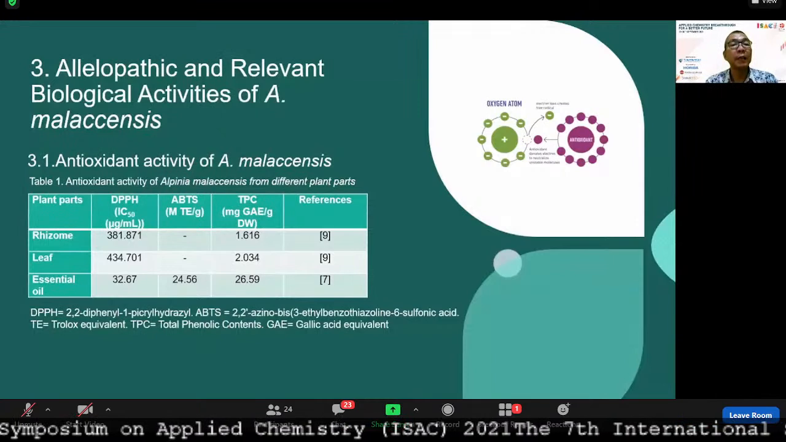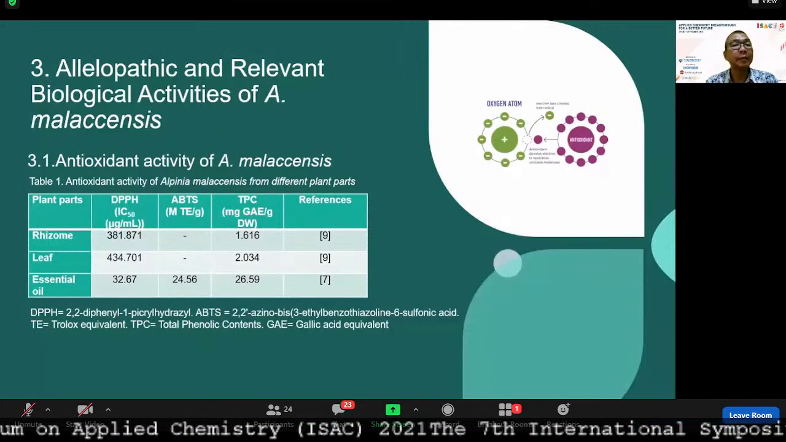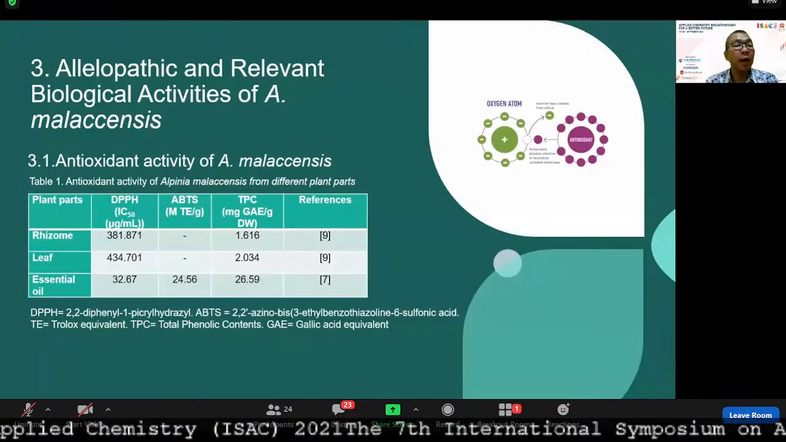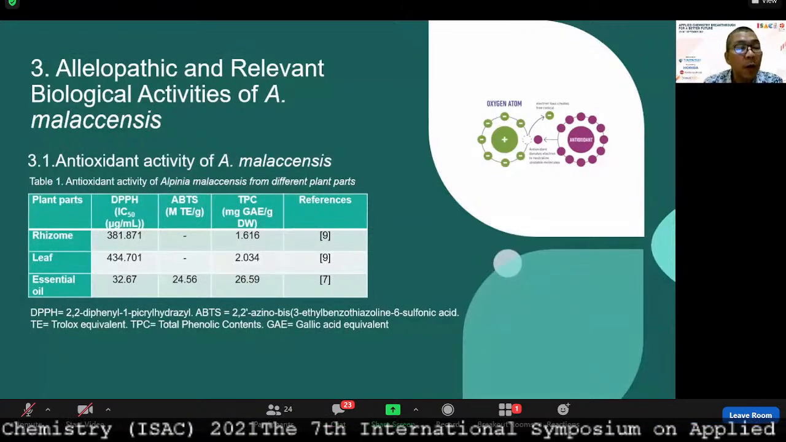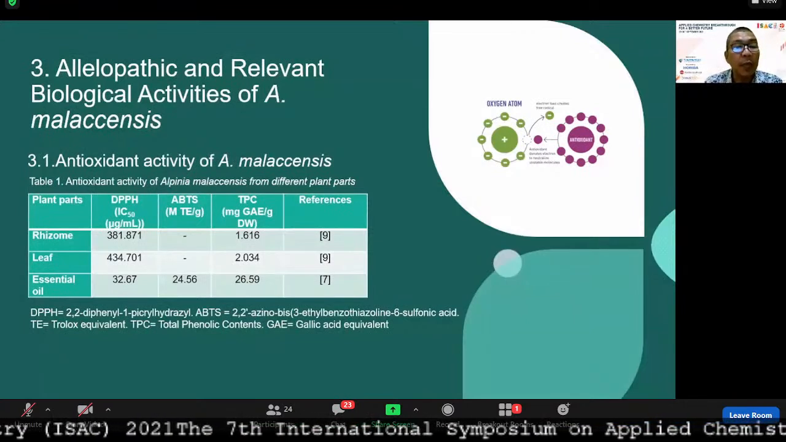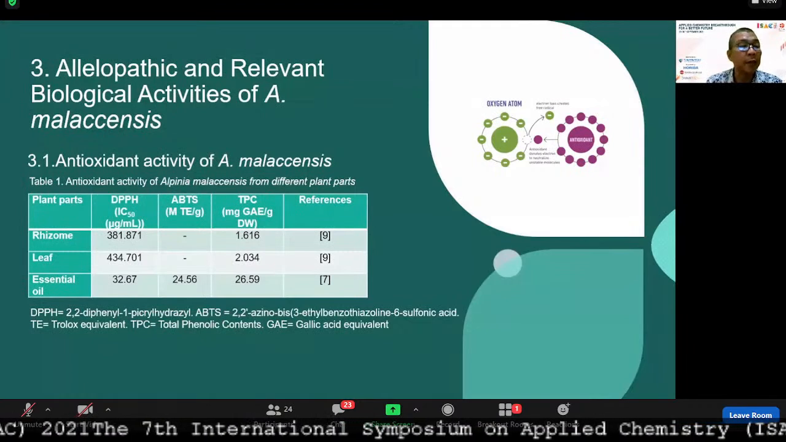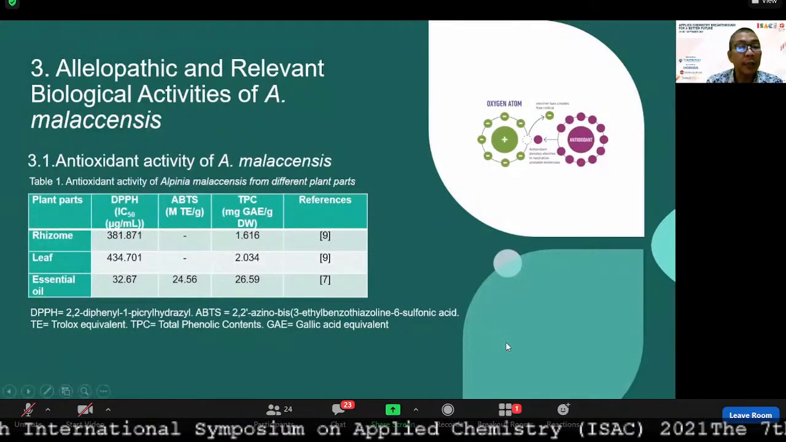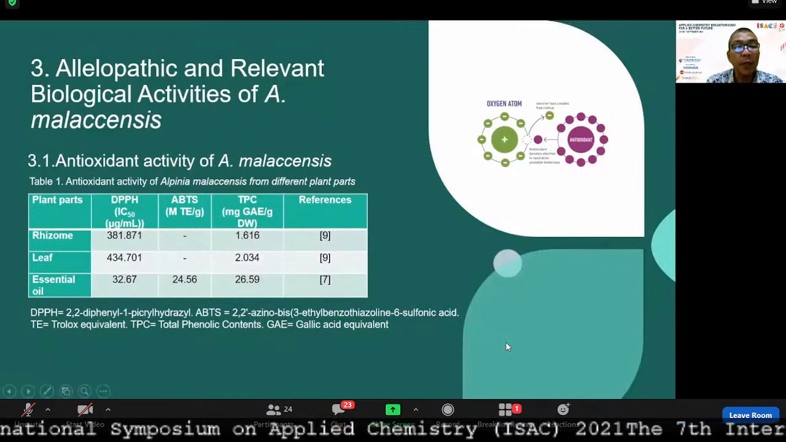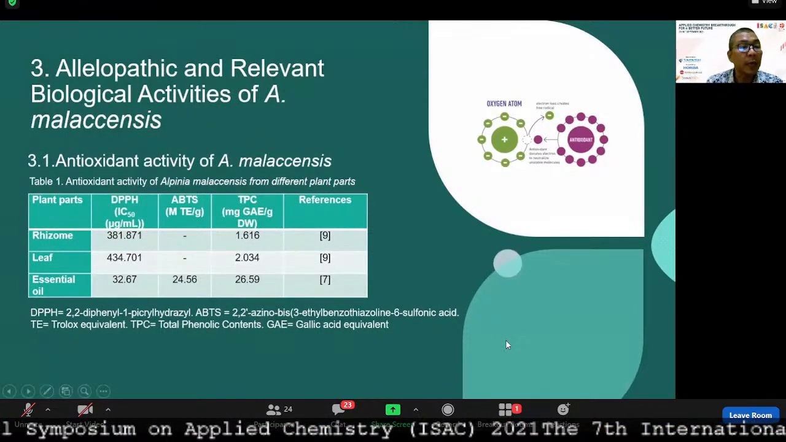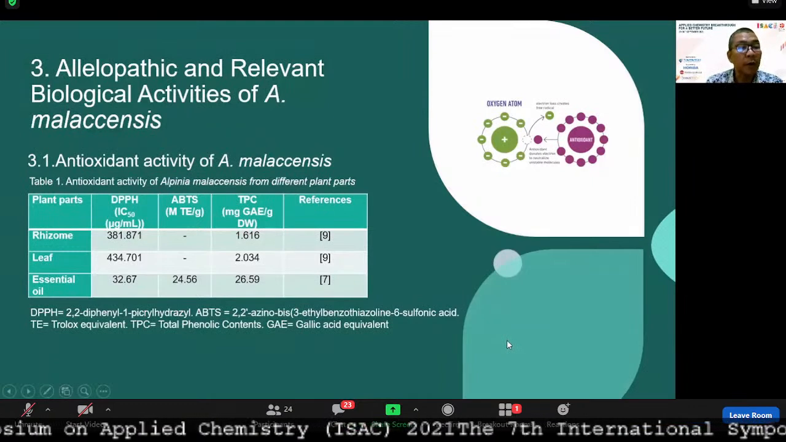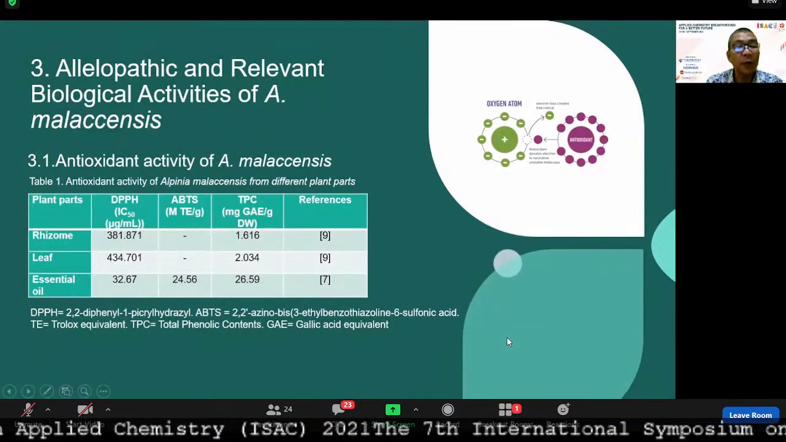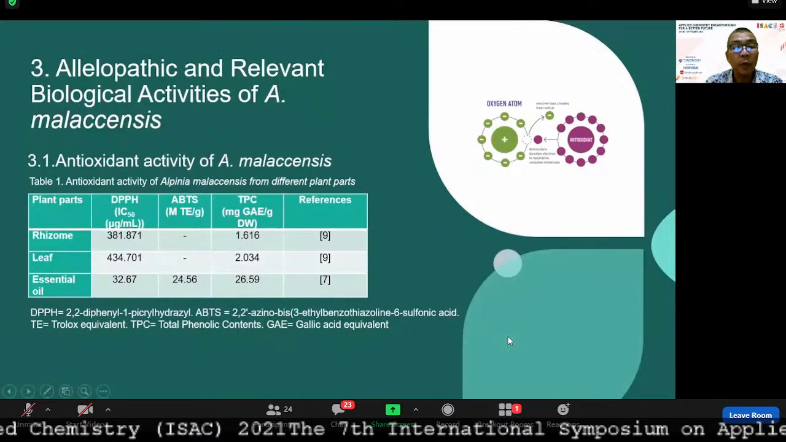Allelopathic and relevant biological activities of A. malaccensis. In Table 1, the rhizome of A. malaccensis showed a high antioxidant activity, but lower than its essential oil. Similarly, in total phenolic content, the essential oil part of A. malaccensis showed the highest value,